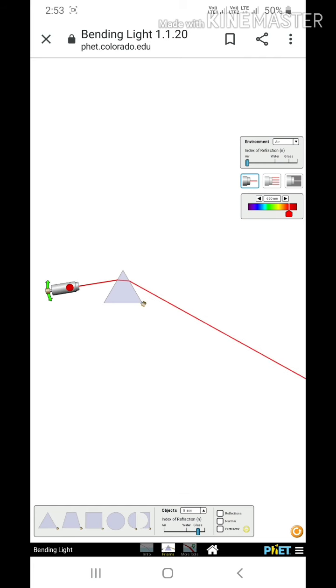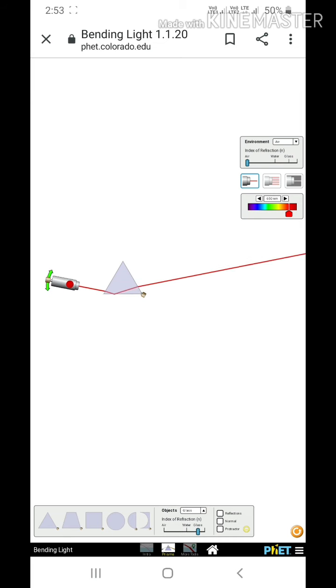We can change the direction of the laser pointer also and see how the reflection is taking place. On changing the direction, we can note that there is a total internal reflection also, and how the light behaves when it passes through the prism.